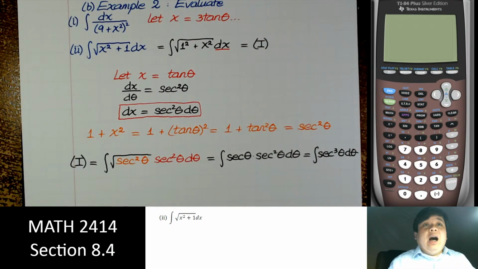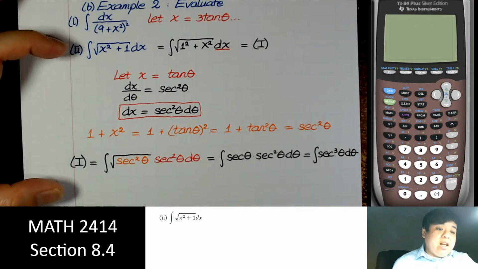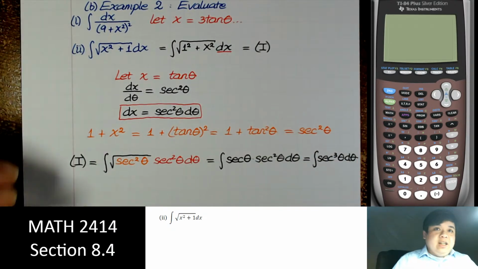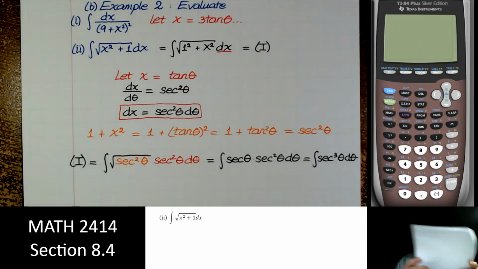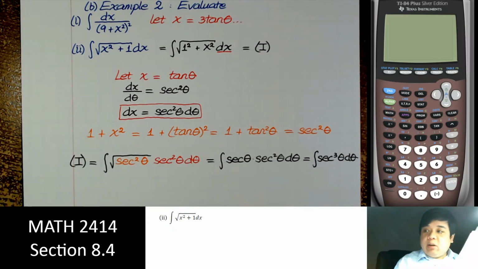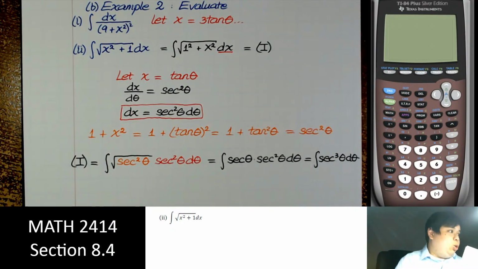By the way, on the test, more likely I'm going to only ask you to do this, because the part after that is section 8.3, which is already in the first test already. Right. Now, how do we do the secant cube? Well, if we're going to do that, it's going to be